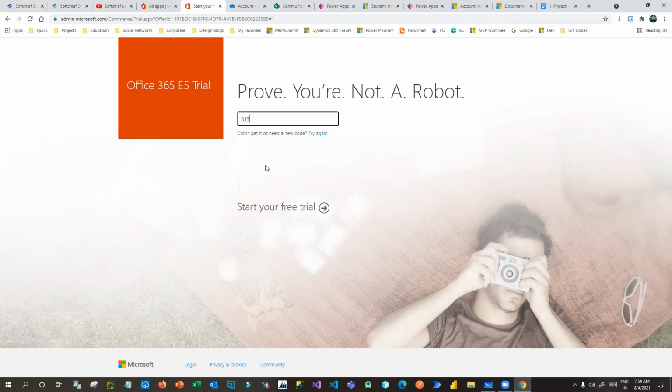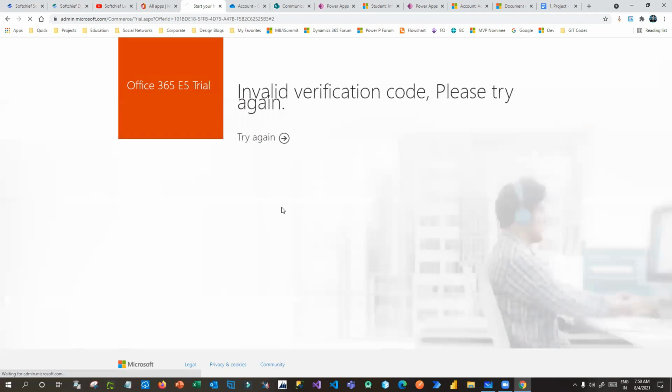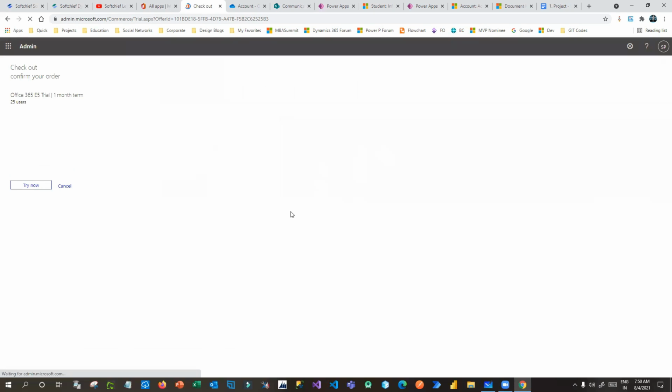So this will send a code message to your mobile. Then start free trial. Confirm order. Try now. So this will give you 25 user licenses for 1 month.